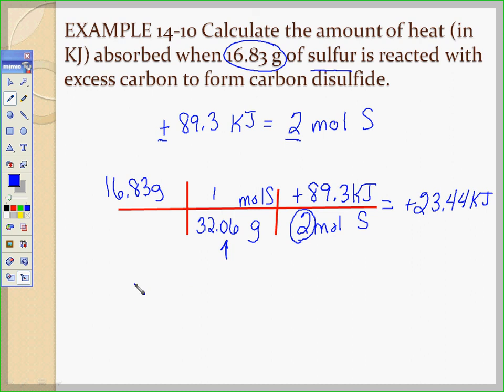Now I'm going to end this clip now, and we will move on to examples 11 and 12. But I urge you to attempt those before you watch the next video segment to see if you